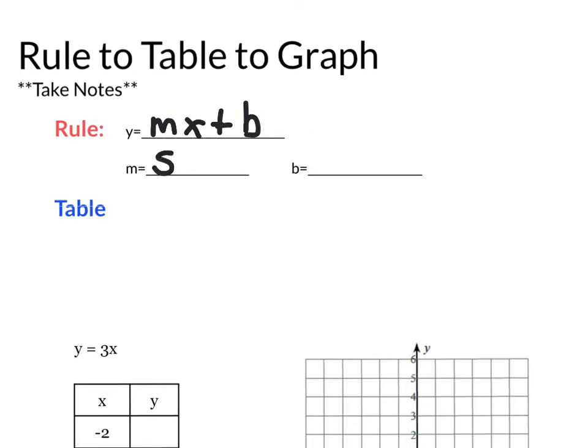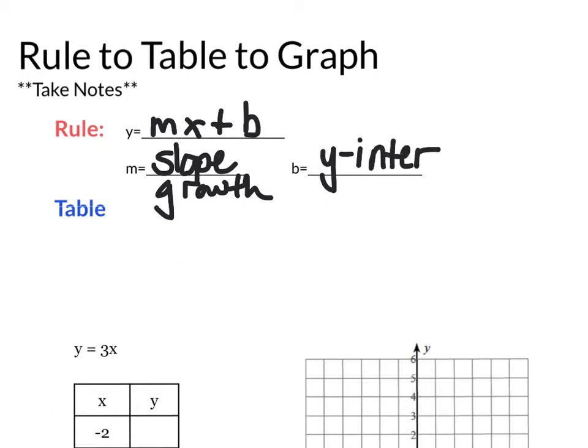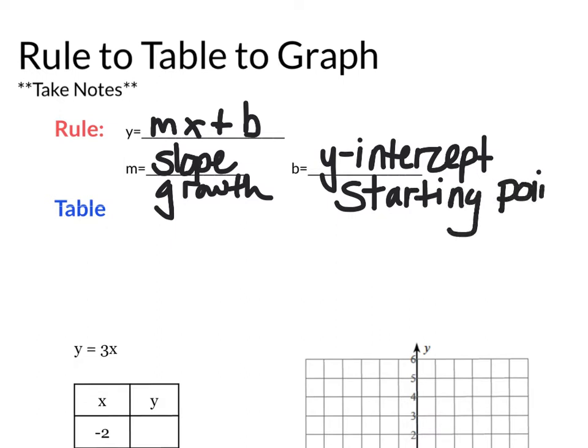M is your slope. But another way to think about slope is growth. And that's how we're going to think about it here to help us make a quick table. And b is our y-intercept in the graph. But another way to think about that is with a starting point. If you think back to your tables, your tile patterns, when you worked on this last year, this is the starting point. So when we make a table, we want to